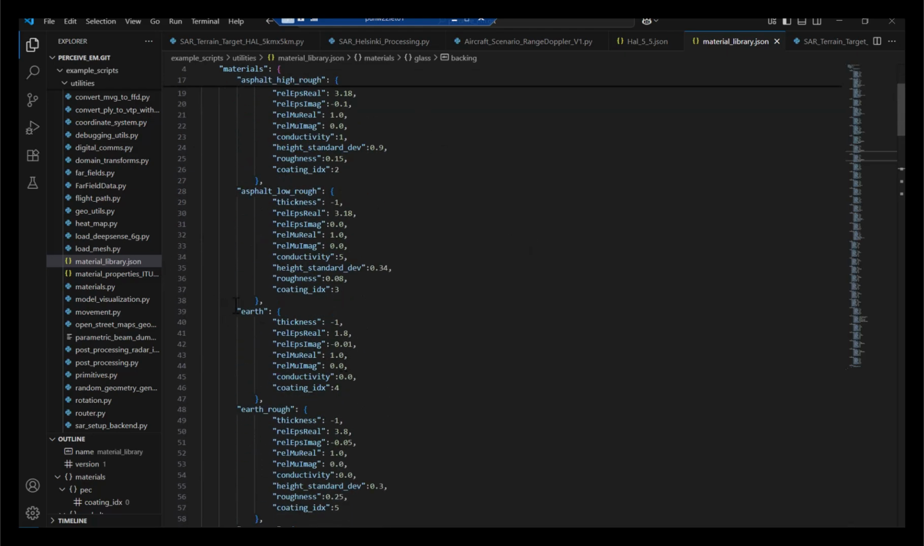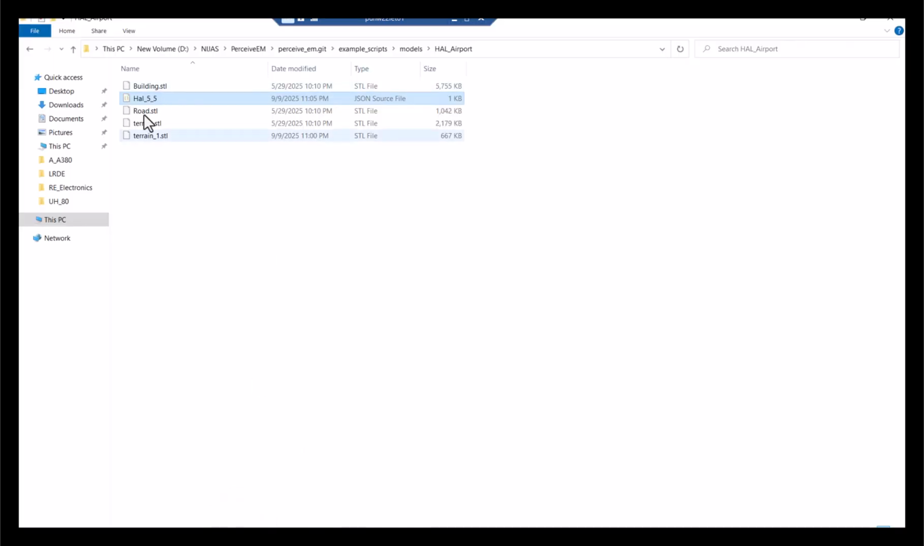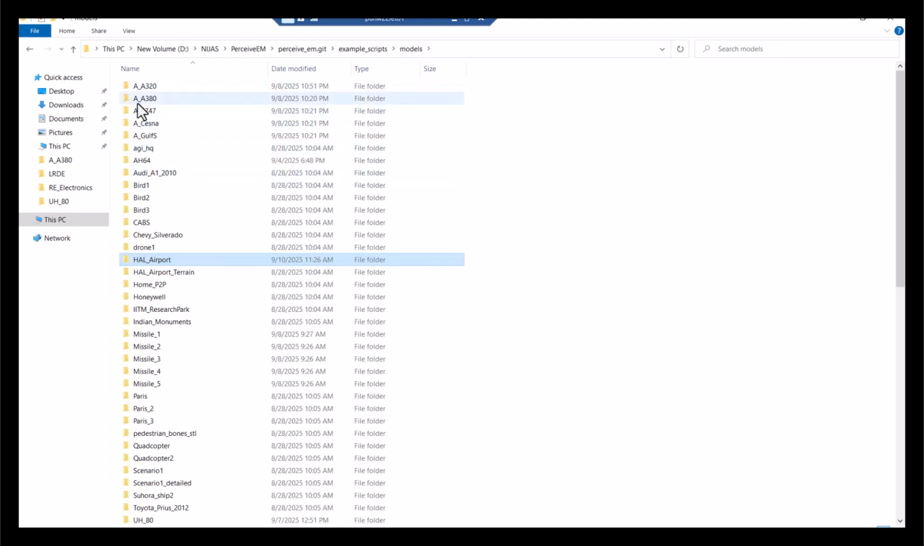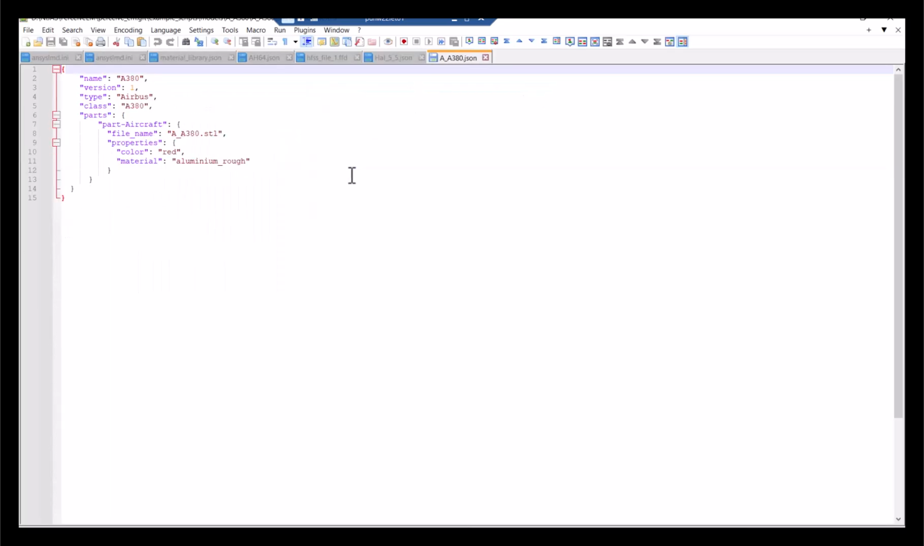You can choose, edit the material properties, or you can add to them also. So this is how we create the terrain, and just created a JSON file. In the same way I also created some aircraft models. You can see there is an A380 aircraft model, and if you go inside you will see the same thing, an A380 STL, and